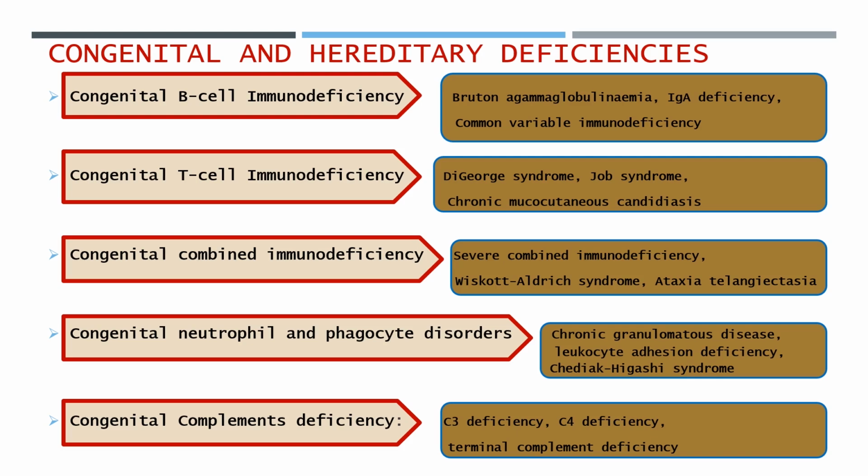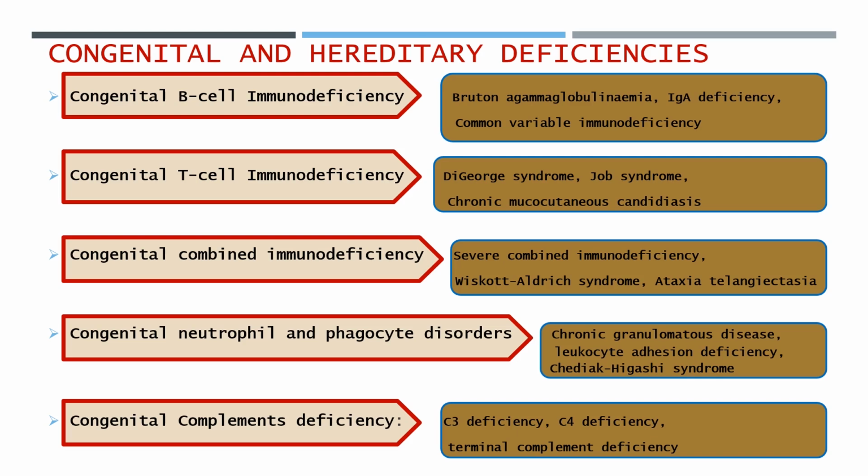Common variable immunodeficiency is a situation where the B cells are unable to differentiate into plasma cells. We all know that B cells are the precursors of plasma cells. So when, for whatever reason, B cells are unable to differentiate into plasma cells, it means there will be no plasma cells essentially to produce immunoglobulin G, immunoglobulin A, and immunoglobulin M. And these are essential immunoglobulins that protect the body against infection. The onset is usually around 20 to 40 years, so they might not be detected much earlier in life.